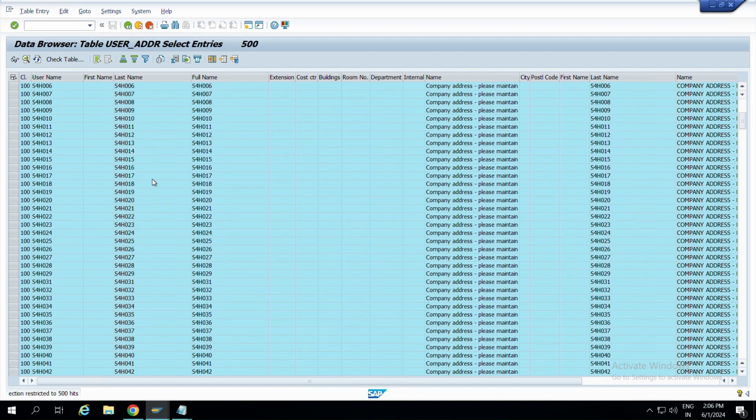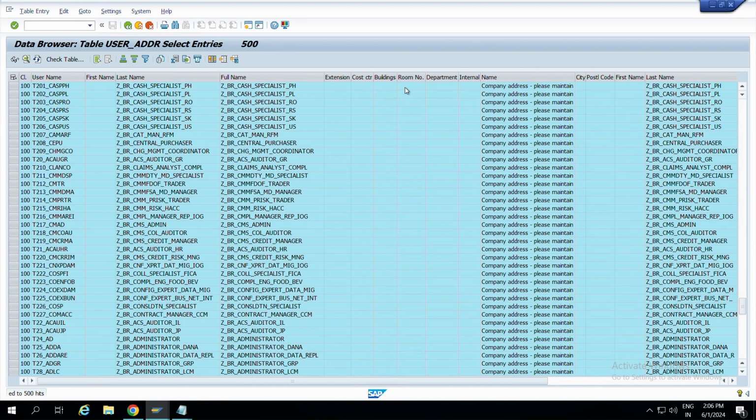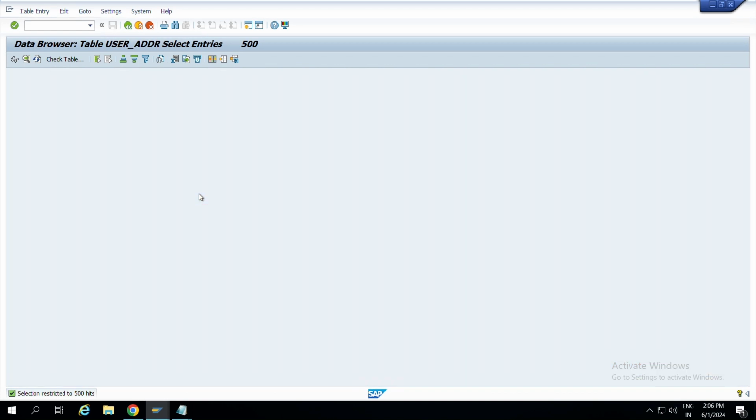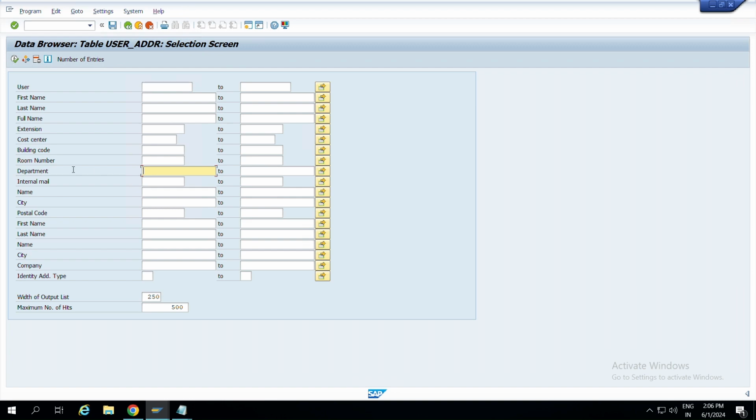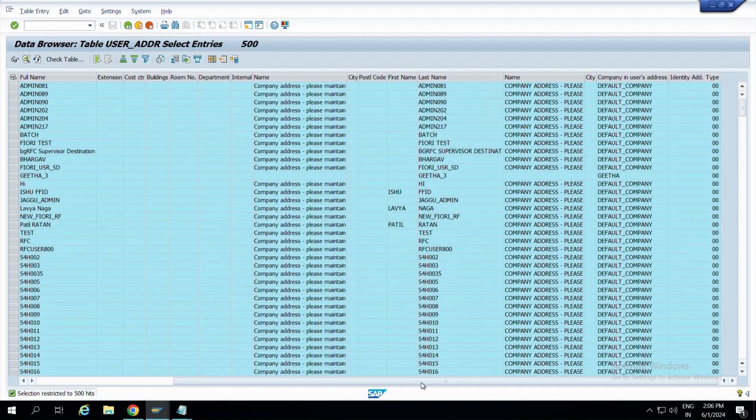See, you can see all the things here. As of now, no departments are maintained actually. But if you maintain it and put them under a department, you can fetch all the users' first name, last name, everything from here in this screen only.